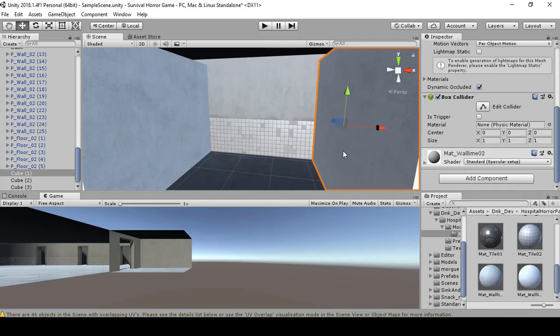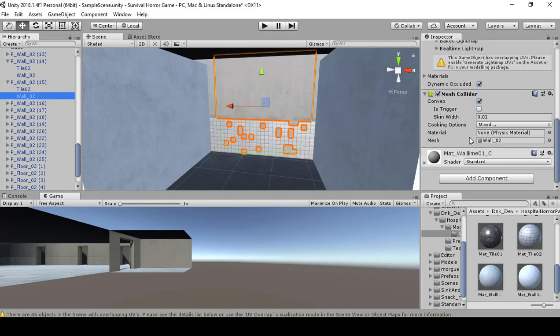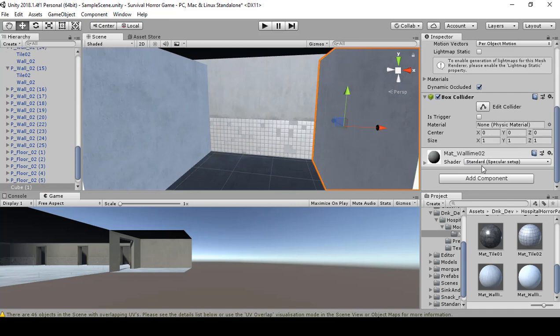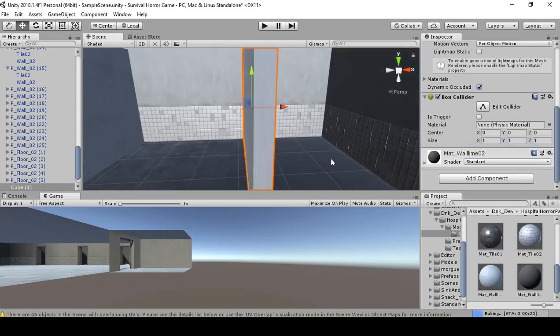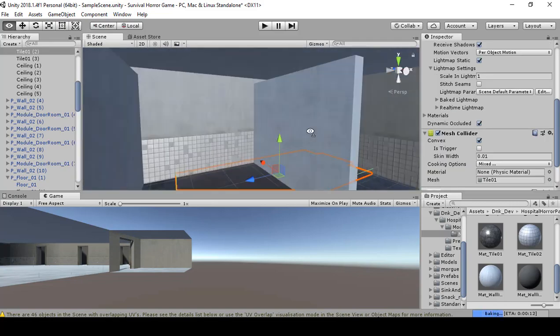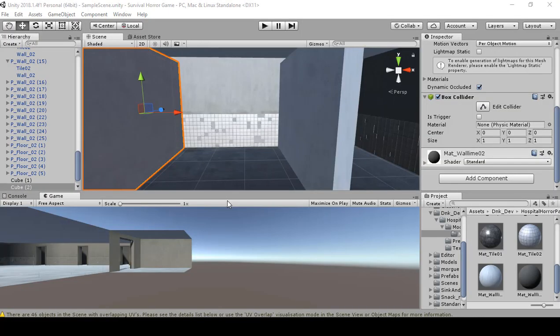Let's see here. I'm going to select this just to see how the wall looks. So shader standard. All right. So we're done with the bathroom, and what we're going to do in the next video, we're going to add the